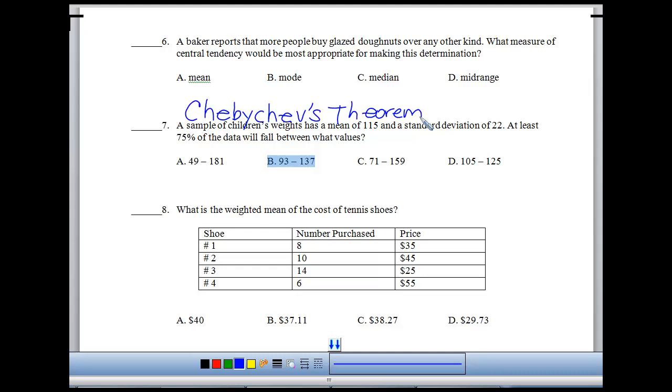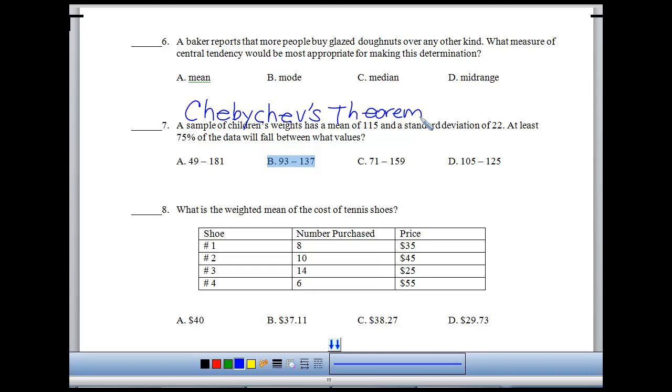By the percent, the value. This is one of the values that goes along with Chebyshev's theorem. Anything else that would indicate we're going to use it? Not the mean, because they give us the mean for both. It has to do with what data you use. Very good: normally distributed data goes with the empirical rule. They don't tell us anything about the distribution of the data, so that's why we're choosing Chebyshev's theorem.